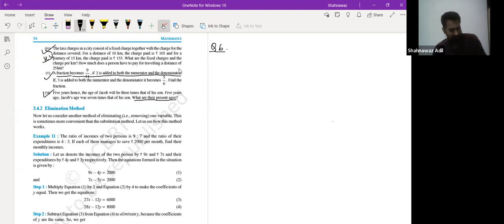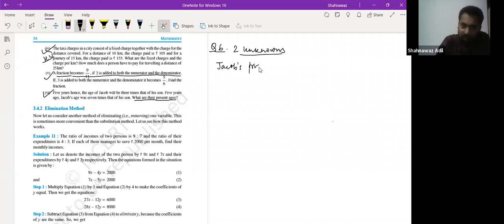Adil, can you tell me what are the two unknowns? Their present age. Yes, so their present age. Jacob's present age, let's say X, and his son's age,